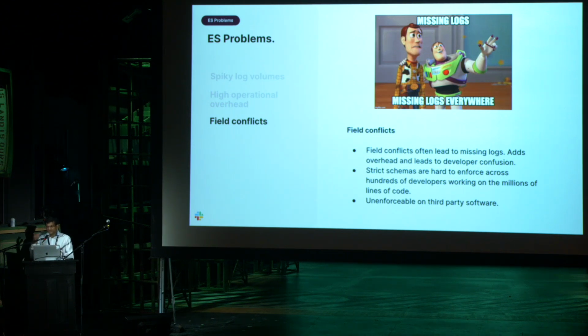So this adds another layer of schema management for users, which slows them down. But while this is a good solution that works reasonably well, there is one downside to it, which is that we can only do this on some parts of the code we control. For example, there are large parts of our logs that are produced by systems we don't control, like third-party software or open source software, and field conflicts are still an issue in these systems.